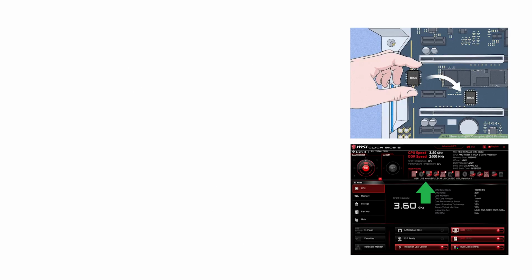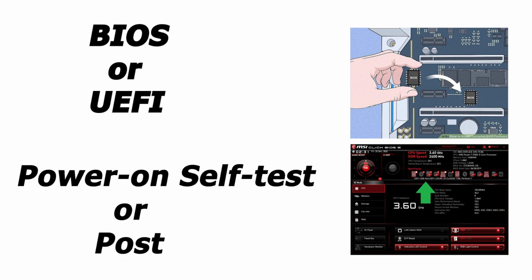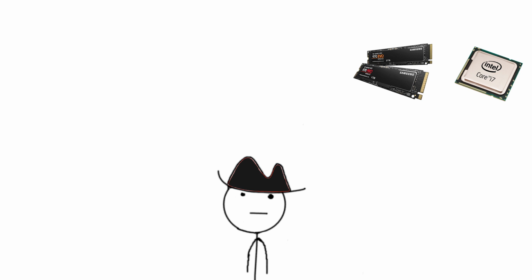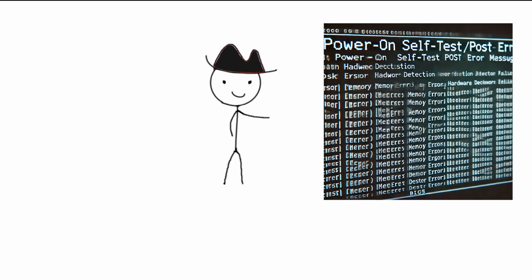And then the motherboard's firmware, BIOS or UEFI, takes over. It performs a series of checks known as power-on self-test, or POST. POST is an essential process that occurs every time you power on or restart your computer. During the POST, the computer's firmware checks various hardware components such as the CPU, the RAM, the storage devices, and input and output devices for any errors or issues that may prevent the computer from booting up properly. And if something goes wrong, you might hear beep codes or see error messages to help